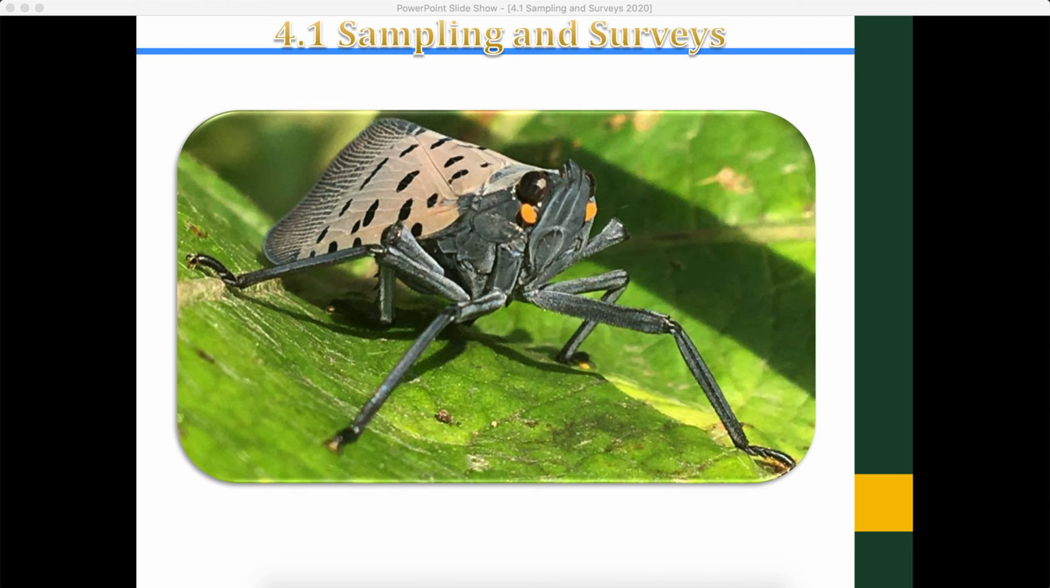Does this creature look familiar to you? Probably, right? The Chinese spotted lanternfly, probably because they're all over all our backyards this summer. There's a bit of an infestation of these guys, and I was actually just reading an article today from the